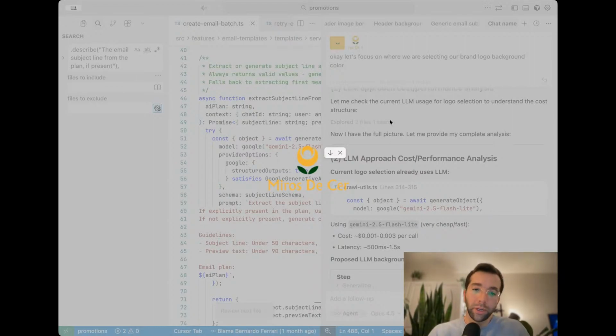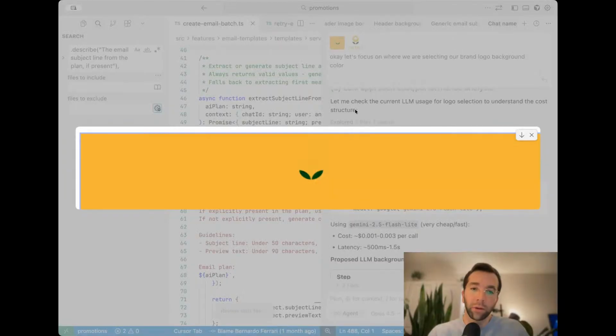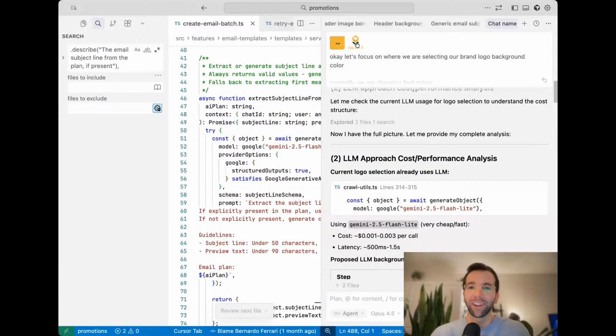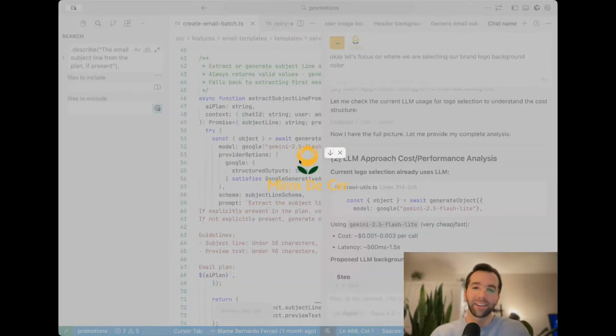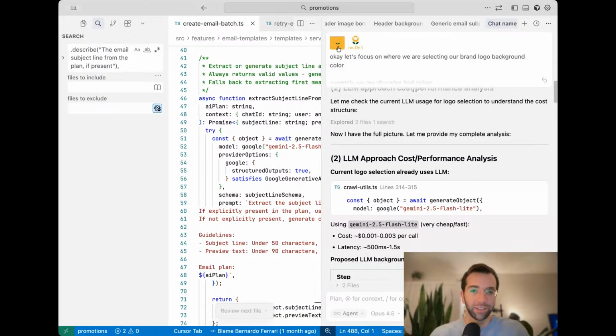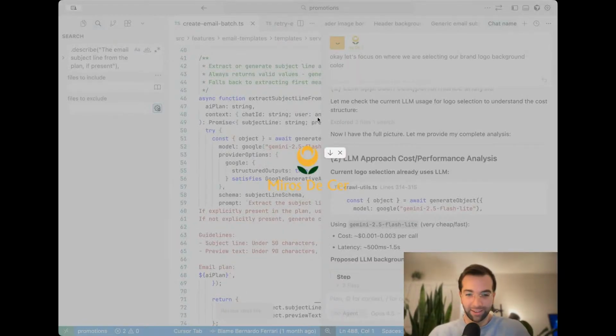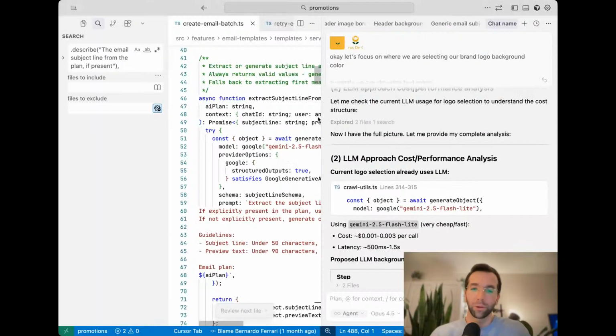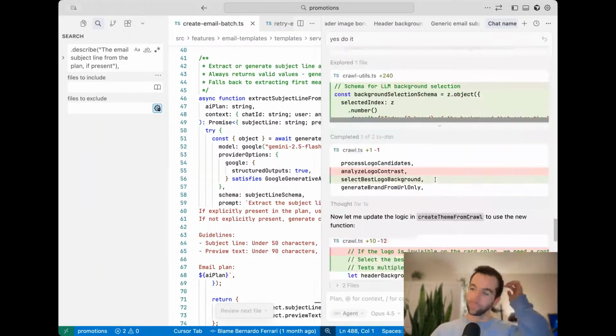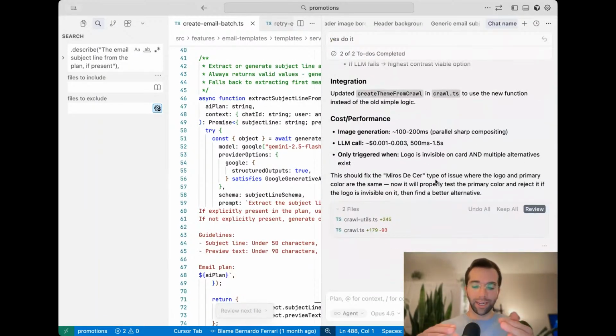But the issue is the background color we're choosing is the primary color for the brand right now. And that is obviously going to often be low contrast against the logo because often the primary color is in the brand logo. So we're doing this cool thing where we're going to take candidate colors and put